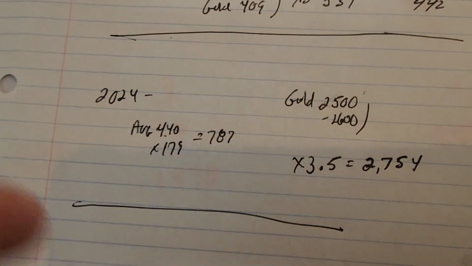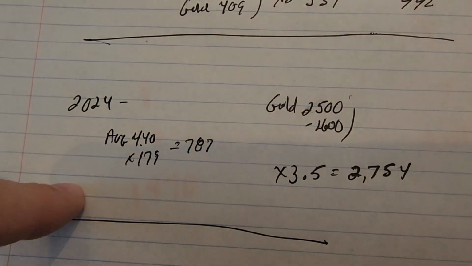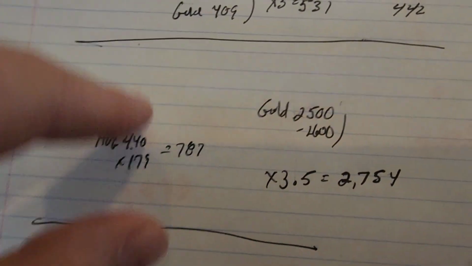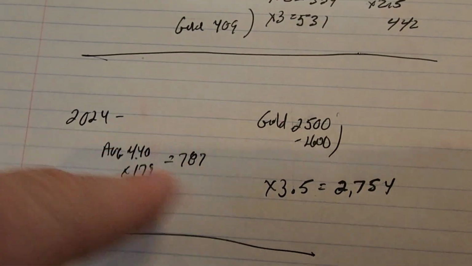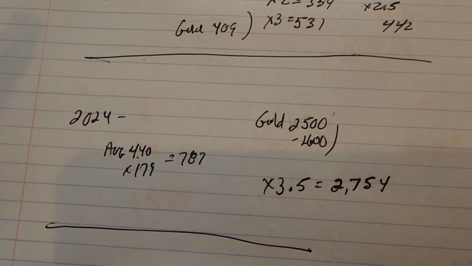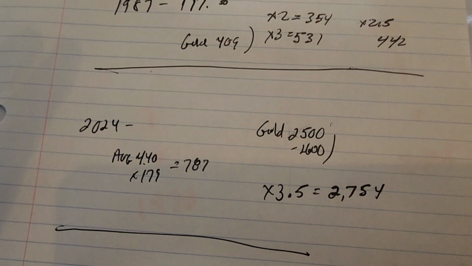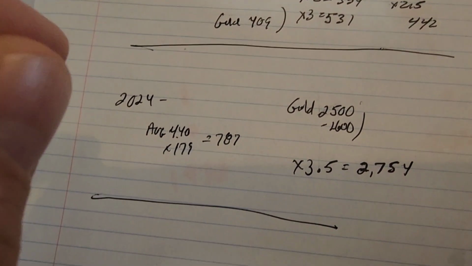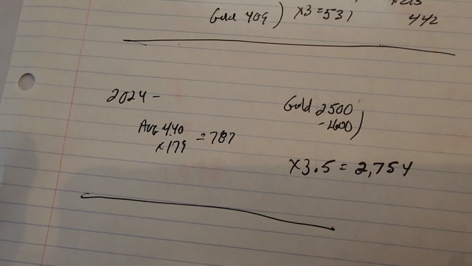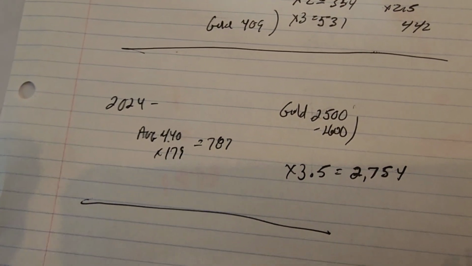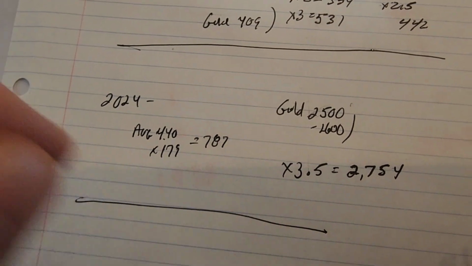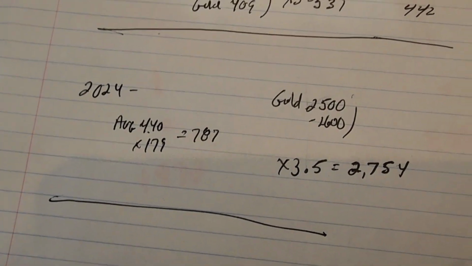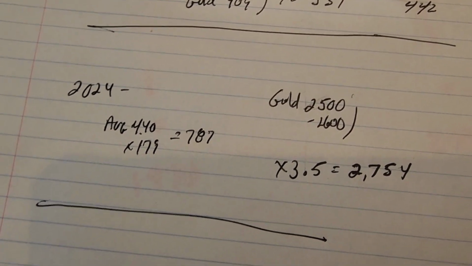So what this tells you is the amount that 1 acre, the gross volume of corn being sold, that's your dollars gross. Then you convert that to gold. And gold's the truest inflation hedge there is. Now what do I mean by that? Like I said, gold retains its buying power throughout history. So as your dollar goes down, it takes more dollars to buy something. As your dollar becomes more useless, it takes more of them to buy something. Gold remains the same. Gold retains its buying power at any time.